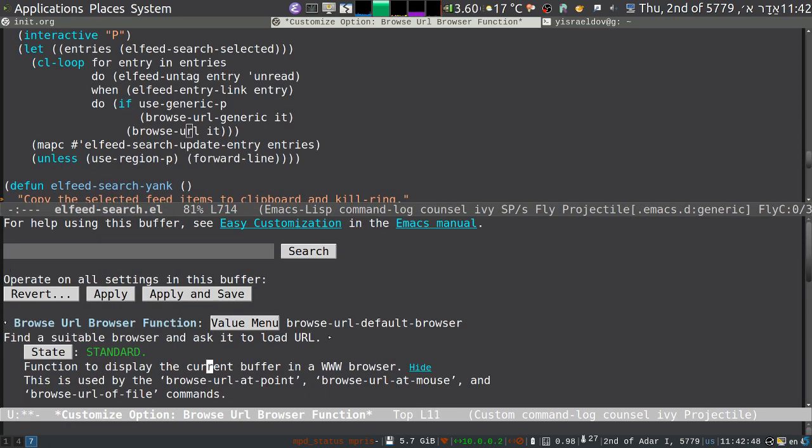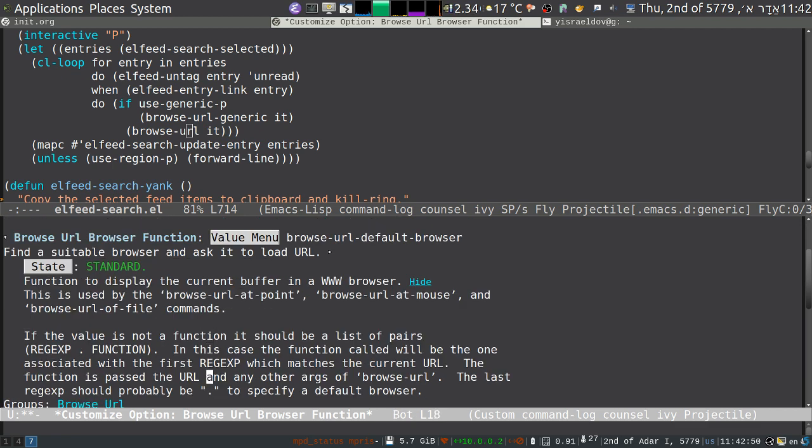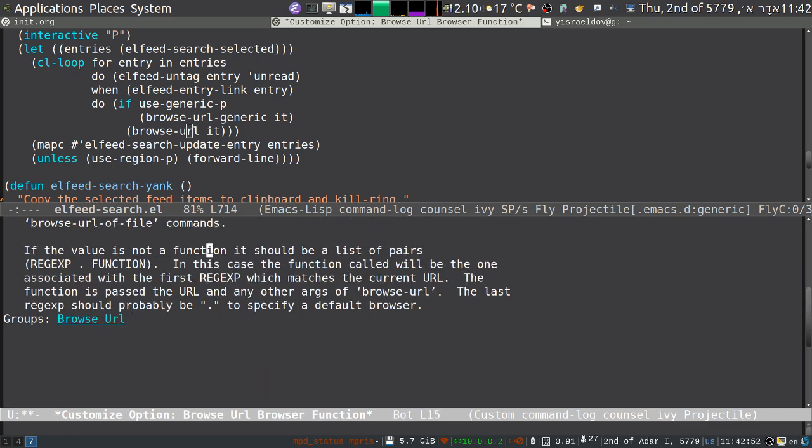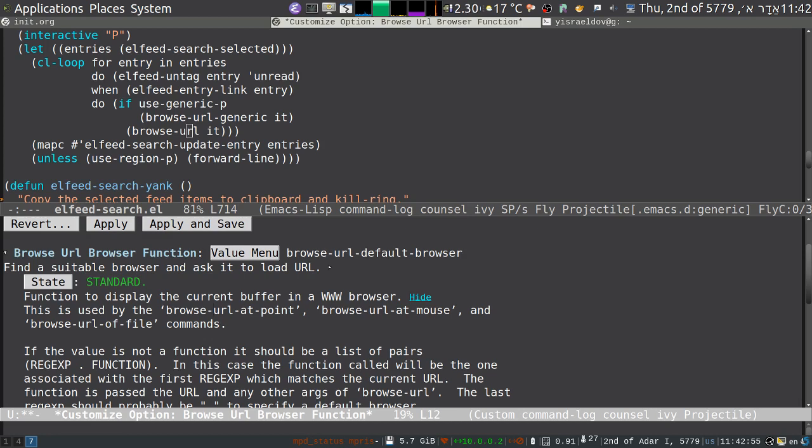Current value. This, okay, this needs its own video. See how this works. Because I'm going to want to use this a lot because there are certain sites that I'm going to want to open up inside of whatever my default browser is,